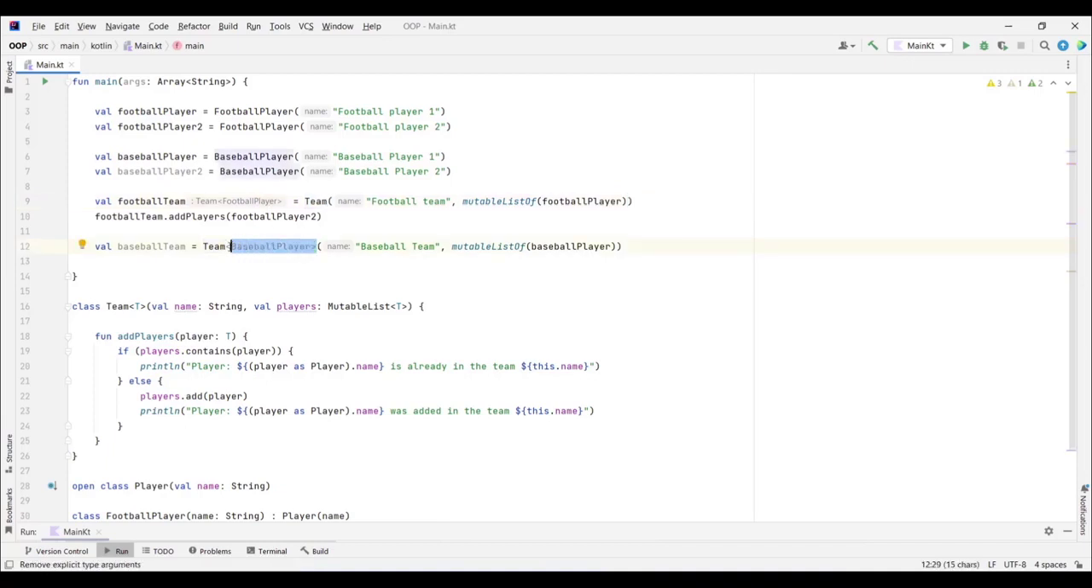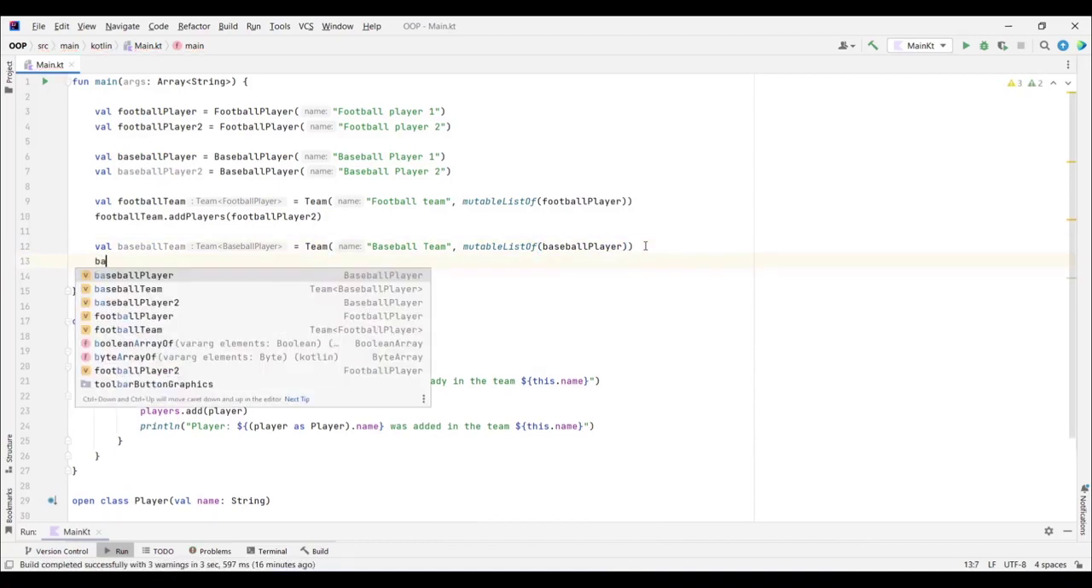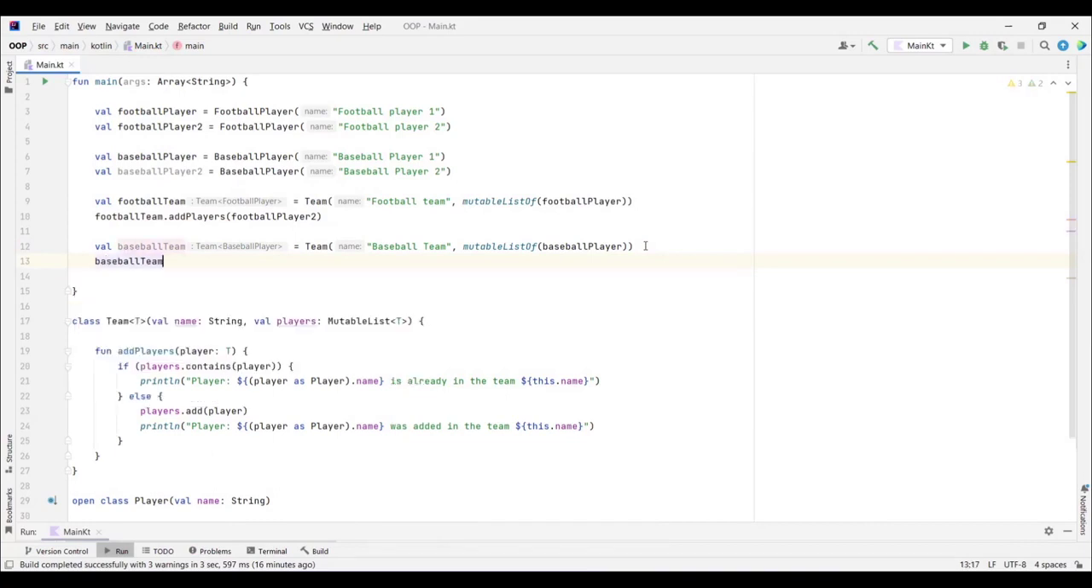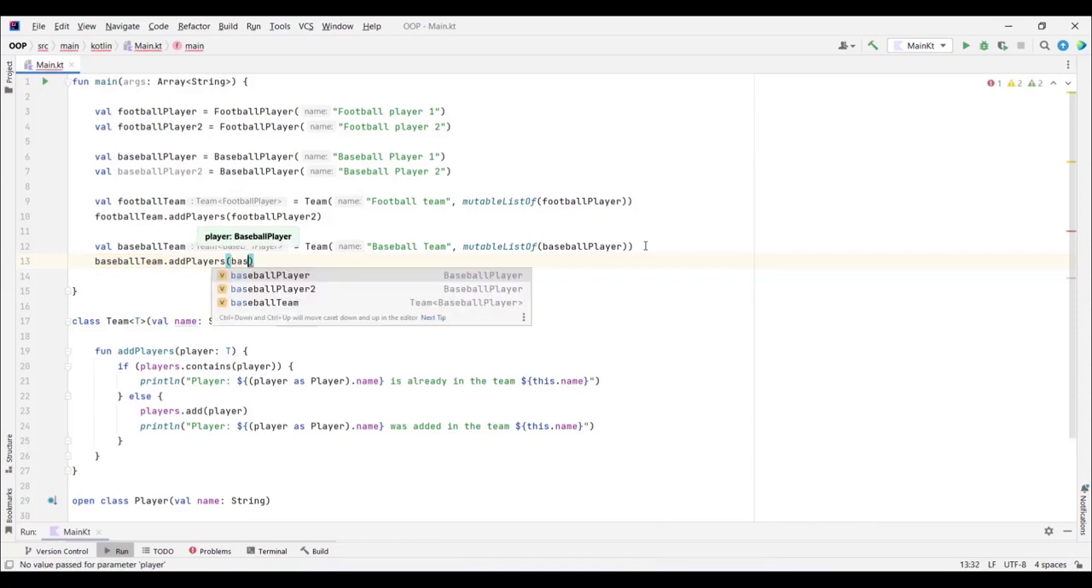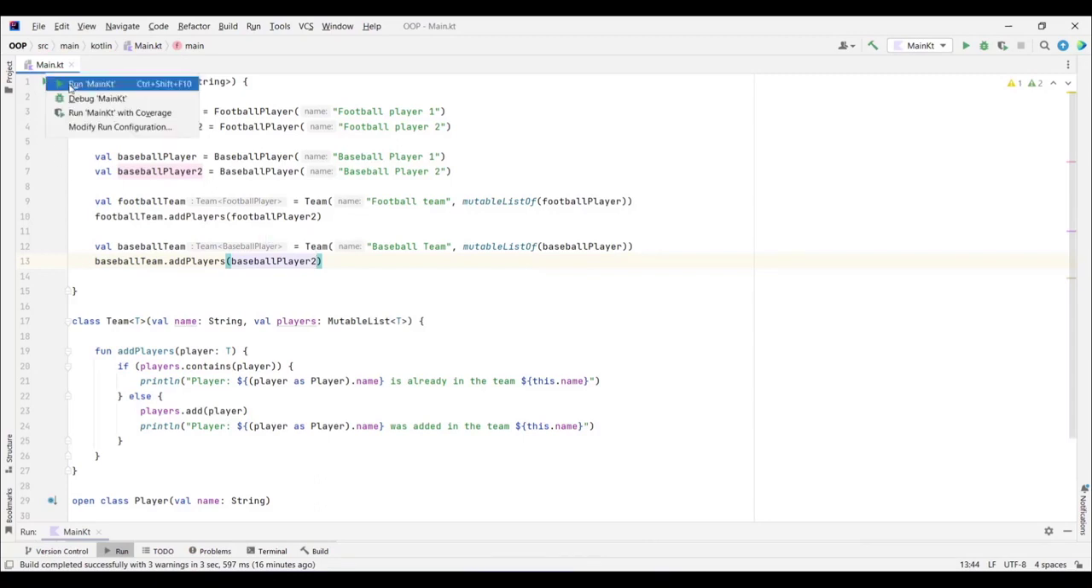And you can do the same thing here for a baseball player. So I'm going to delete this, and as you can see, now we also have the hint team baseball player. Now let's add to the baseball team. So we type here baseball team, let's call the function add players, and here we type baseball player 2 because the first one was added there. So now if you run this code, not debug, so run this code,